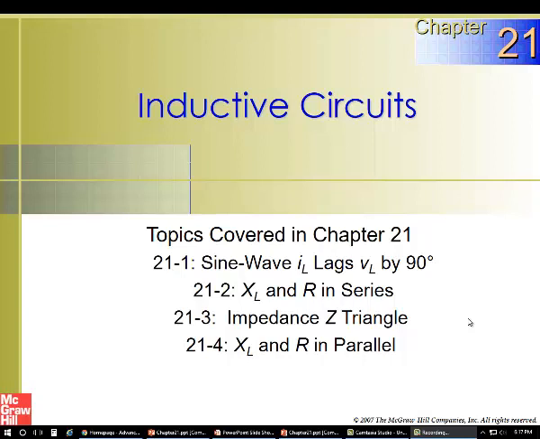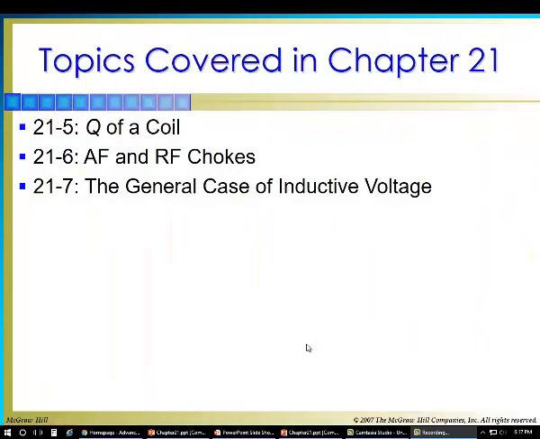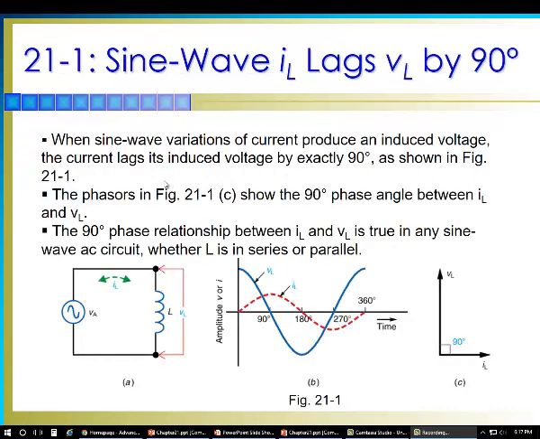We will also cover the topic of reactance, inductive reactance and resistance in parallel, as well as the quality of a coil, and AF and RF chokes, and the general case of inductive voltage. Alright, so let's start with the sine wave,